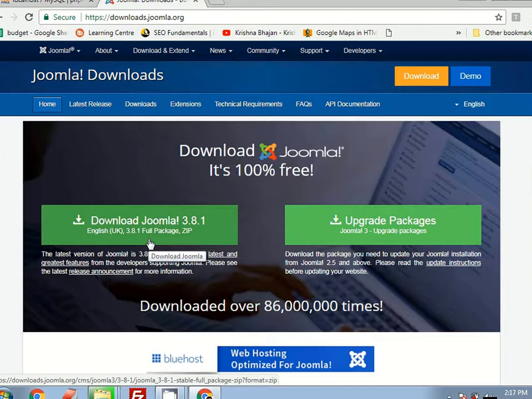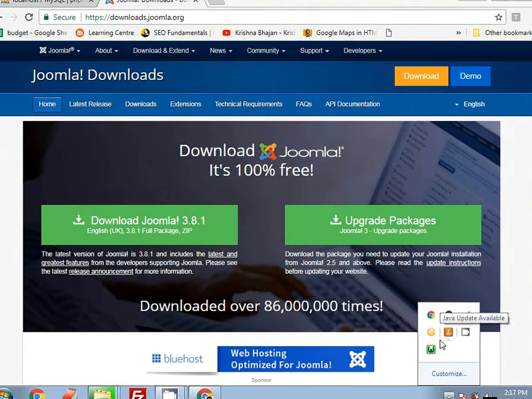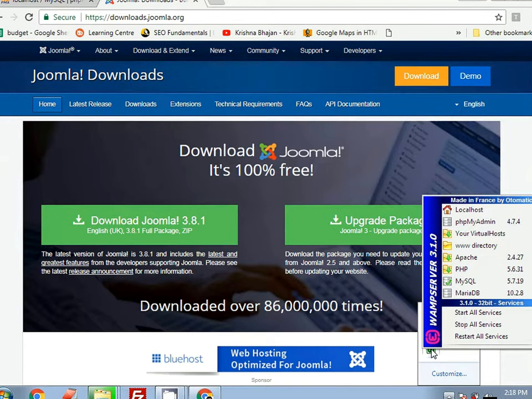Once Joomla is downloaded, come to WAMP server. You just need to place these files in the www directory. When you click on WAMP server, you can see three things: localhost, phpMyAdmin and the www directory. All the files that you want your server to execute should be placed in the www directory.